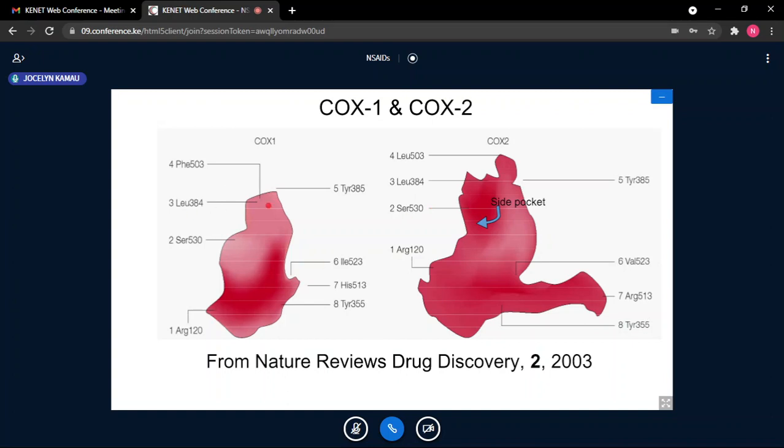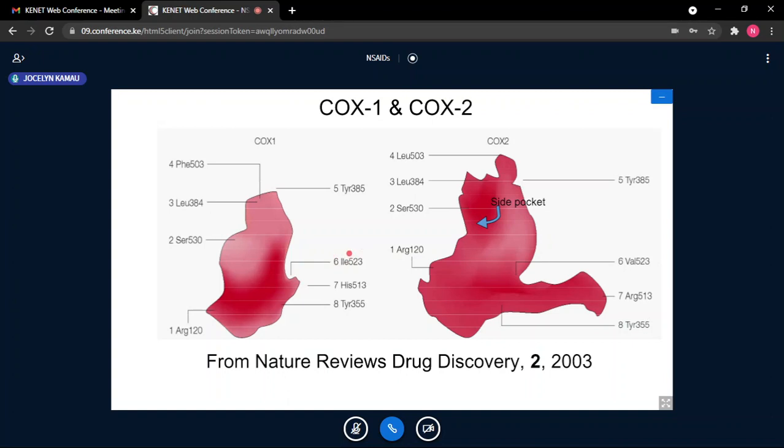This is COX-1, and this is what we are saying, an extra hydrophobic area. You can see COX-2 has a larger hydrophobic area. Number two, you can see COX-2 has this pocket. This is what we are calling the pocket. And if you look at this pocket, that is valine. Not enzyme, amino acid. That's the amino acid valine, and this, at position number 6, is the amino acid isoleucine.